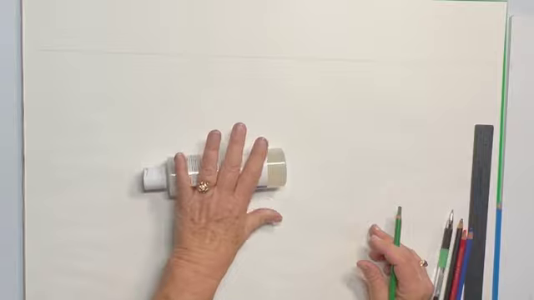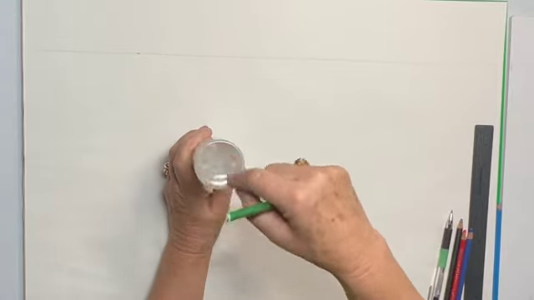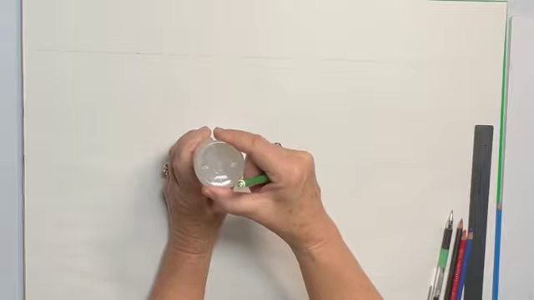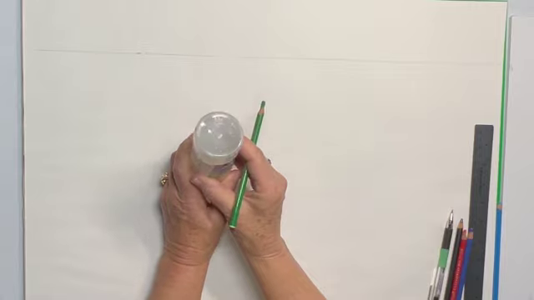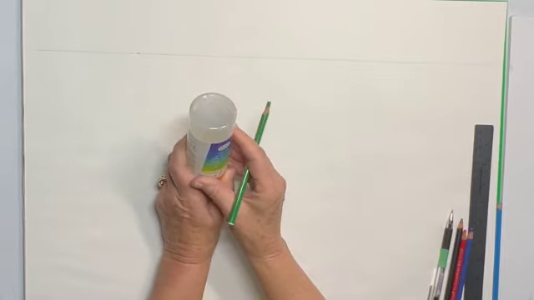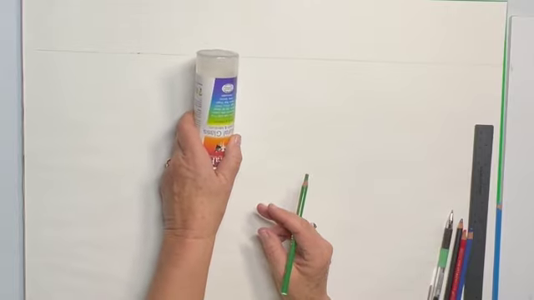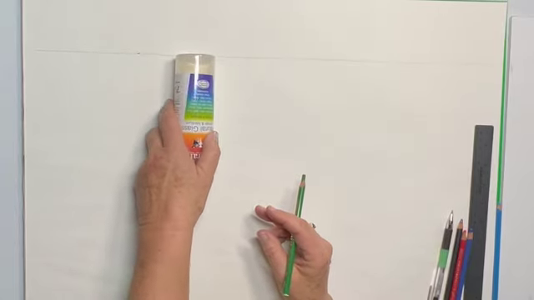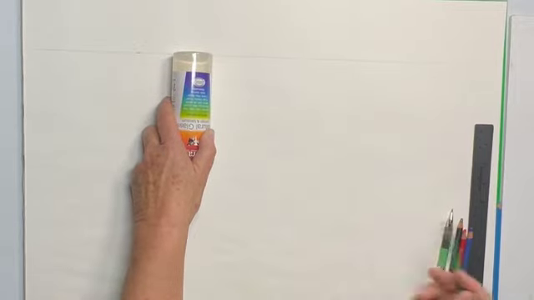If we look at a cylinder from the base, we can see that it is actually a circle. But as we set that circle back in space, it becomes more and more of an ellipse until it hits our eye level at the horizon, and now it is a straight line. So with a simple cylinder,